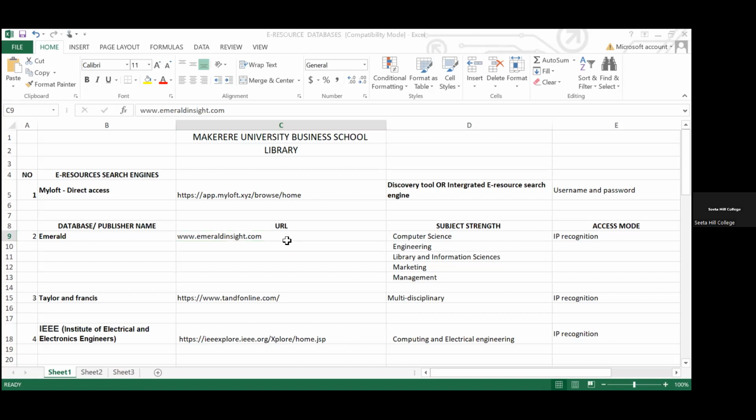When you want to access Emerald as a database, you have to use its URL and go to your browser, type it there, then you enter, and you'll find it there. Then you start searching for the resource. You enter your variables within the dialog box that it gives you, and then you search for what you want, read it through, and then pick out what you want and leave what you don't want. But I'm not going to take you through how we access each and every database,